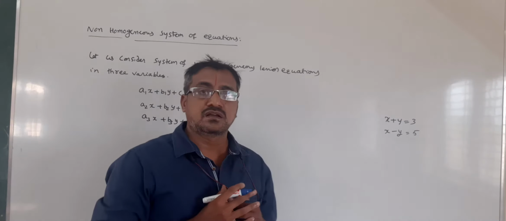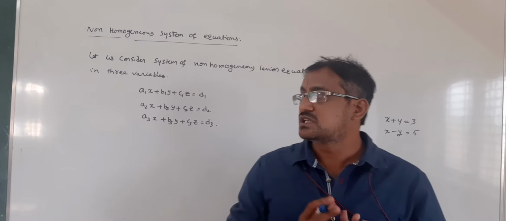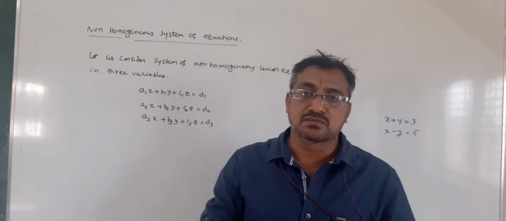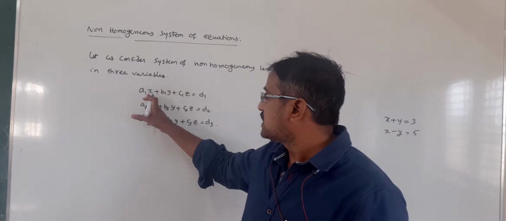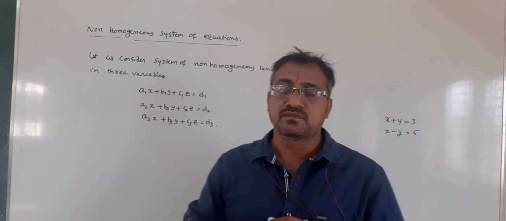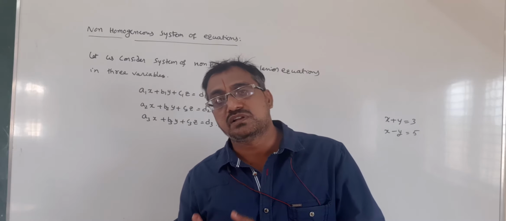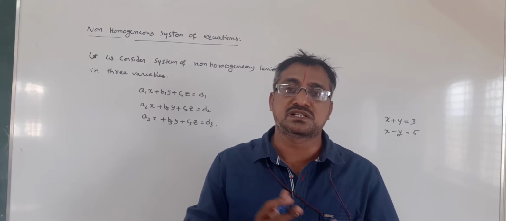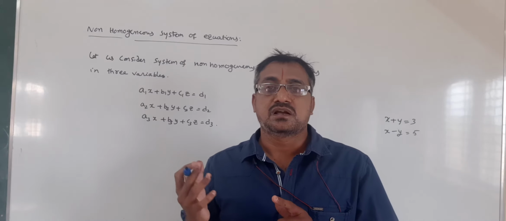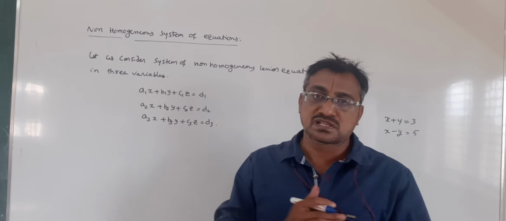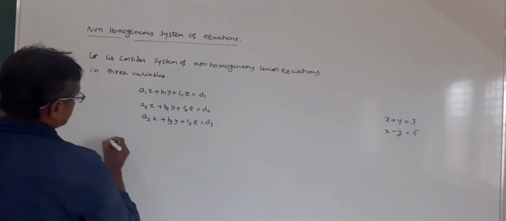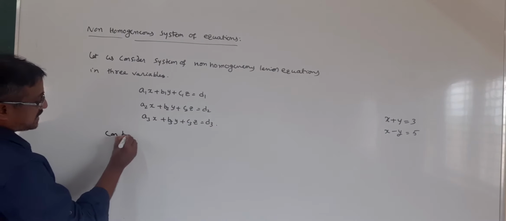These are called a non-homogeneous system of linear equations in three variables. The variables are x, y and z. We are going to solve these equations by using different techniques or methods in matrices and find the values of x, y and z. So this system of equations can be represented